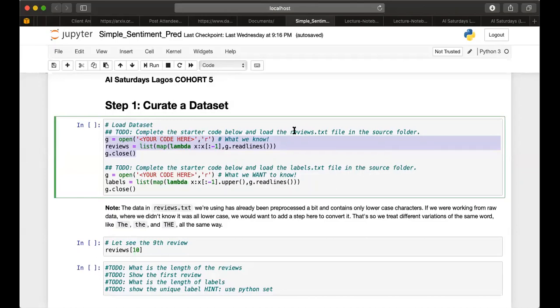In this case, it's a reviews.txt file located in a folder in the document I sent to you, and then a labels.txt file. This reviews.txt contains different reviews by different people, and these labels are the corresponding label for each of the reviews.